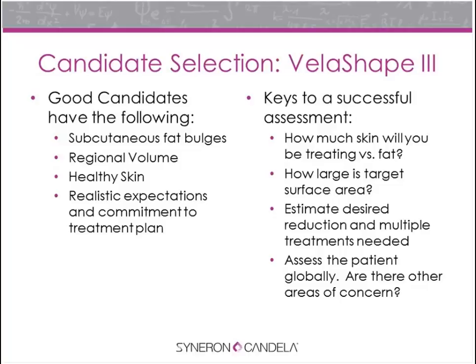And so how do you get good results? Well, you want to associate the treatment plan to what it is you're doing. So for example, if someone comes in, they have both fat and skin laxity, you really want to focus the treatment on what is bothering them the most and can get the most result. Like I said, the temperature has to be maintained at a certain amount for a certain amount of time. And in certain conditions, you can affect the fat, and in certain conditions, you get skin tightening. And you can get both with one treatment,